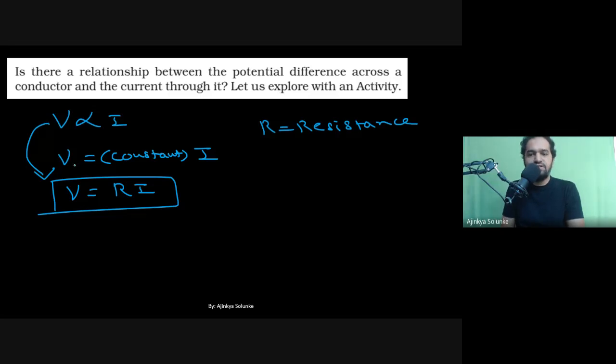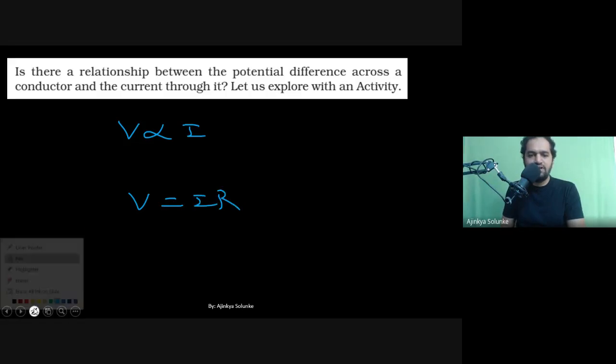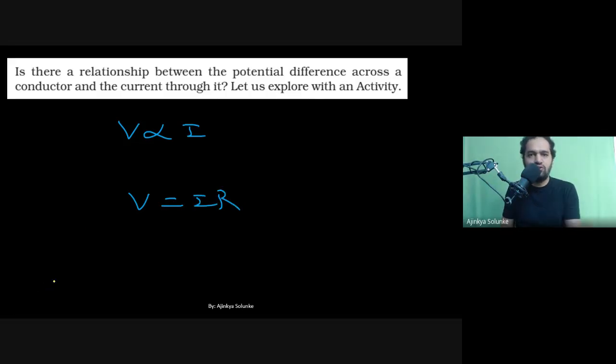Okay, now students get confused a lot of time. Let's say which one of them is the Ohm's law. The confusion is regarding V proportional to I and V is equal to IR. In the exam, that's a very common question: please state Ohm's law. So many of the students get confused which one to write.